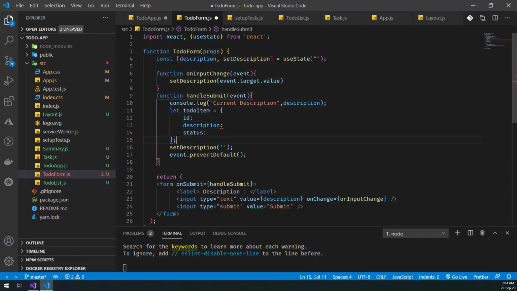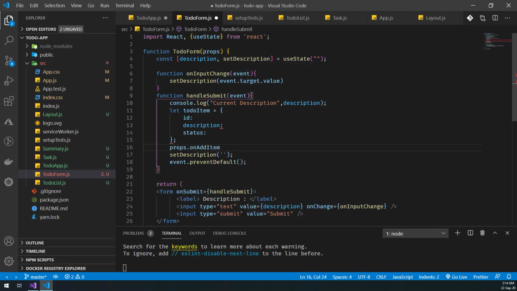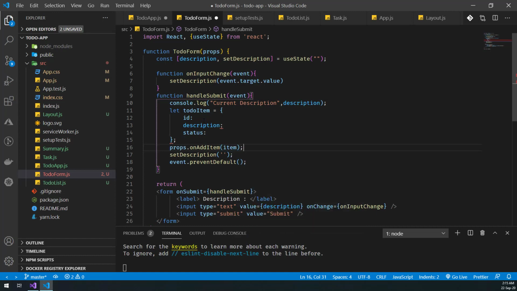So once we receive the to-do item, we would like to call props.onAddItem, and we would pass an item to this function. So this will essentially call addTodoItem function inside the to-do app.js. So we'll pass this to-do item.